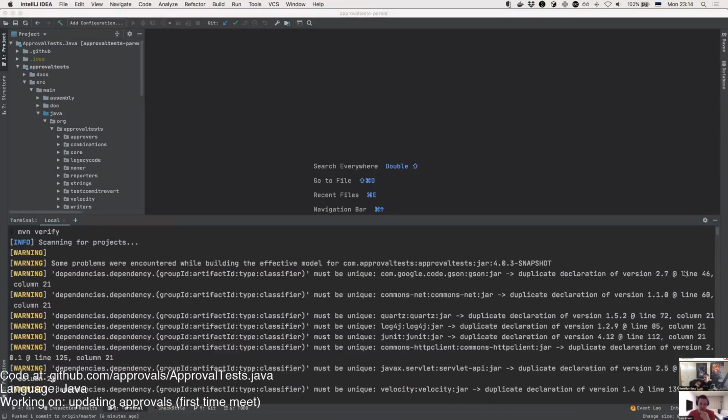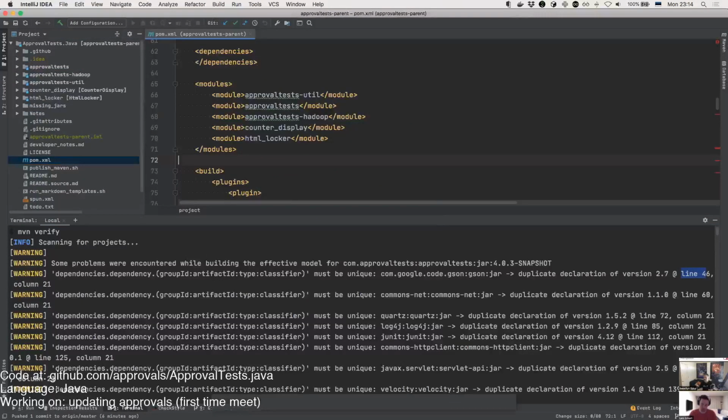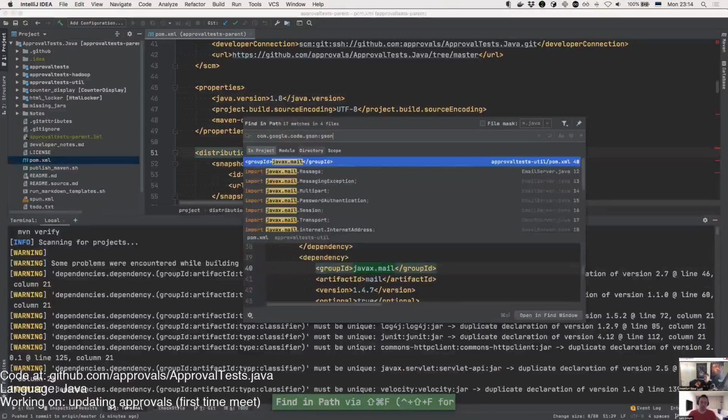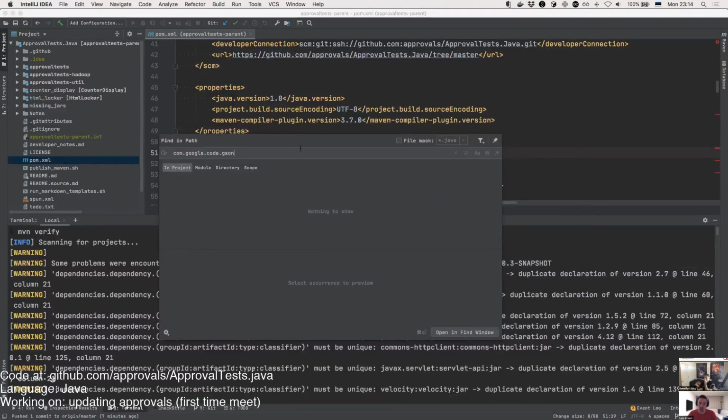So duplication at line 46. I assume it's the top level Maven. Let's find out. No, it's not. Maybe you also just do a search for that. You might want to do a find in files. Sorry, it's your file mask. No, your file mask isn't on.